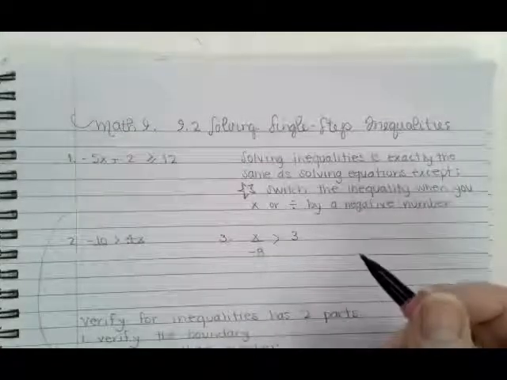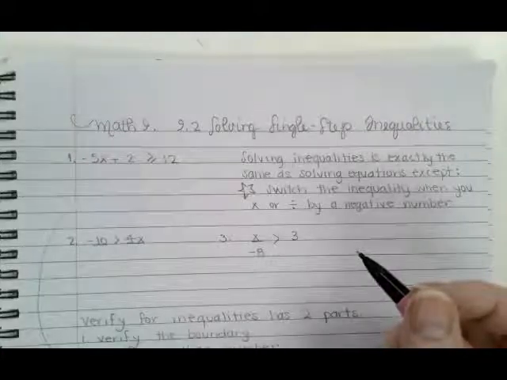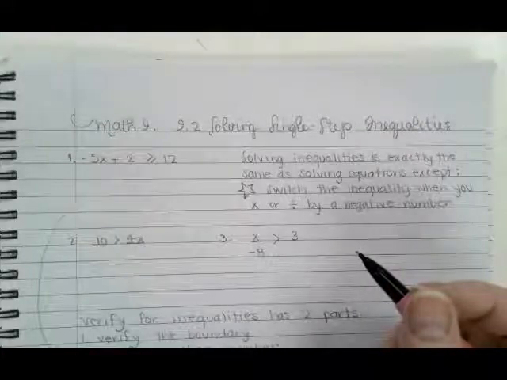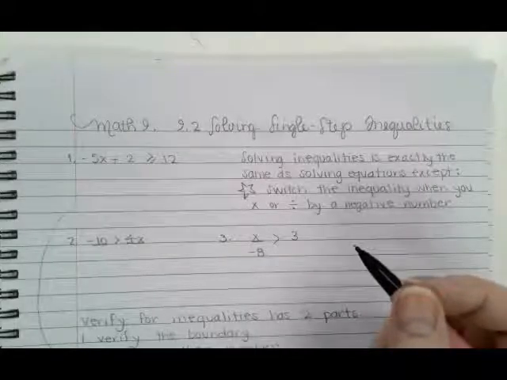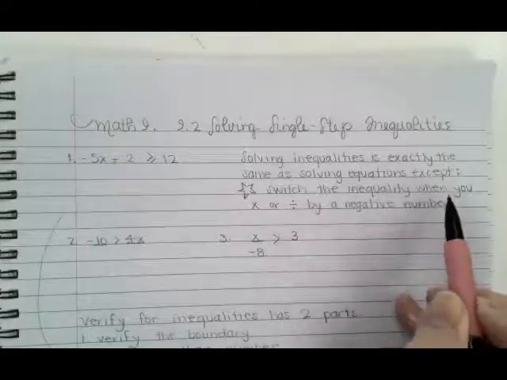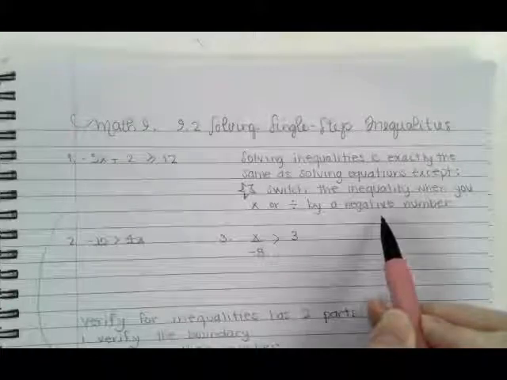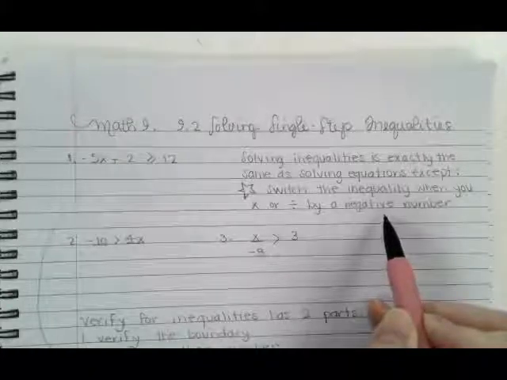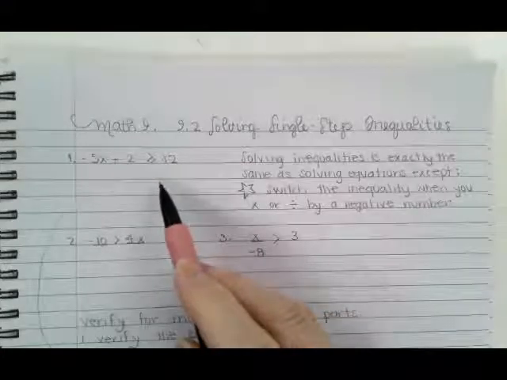Welcome Math 9. Today is 9.2, solving single-step inequalities. And you're going to solve inequalities exactly the same way that you solve equalities, which have the equal sign, except this: switch the inequality when you multiply or divide by a negative number. So pause, write that down, and then pause as you need to, write these equations, and give them a try